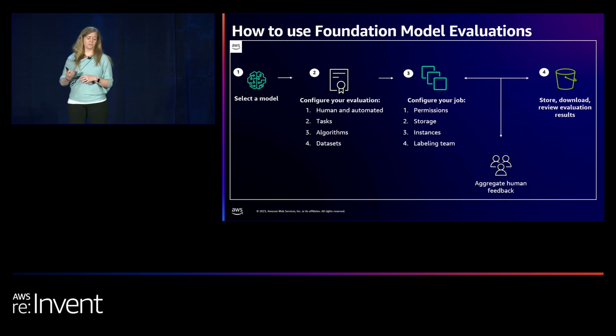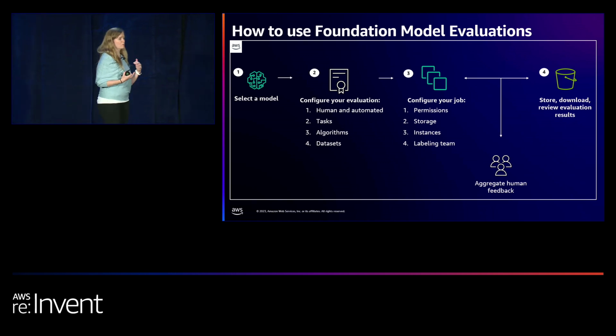So you'll point to your model, and then you'll configure your evaluation. This can be both a human-driven process, and you'll use a human-driven process when you're trying to define something that isn't already pre-built, like the brand of your company, your voice, how friendly you want the model to be, how creative you want the model to be. But if there's already a well-defined NLP metric in a data set, then you can just use the automated one. But if there's not already one, or if the performance isn't great, if it's maybe 80% of the way and you want to close the rest of the gap, then the human labeling is going to be a good choice.